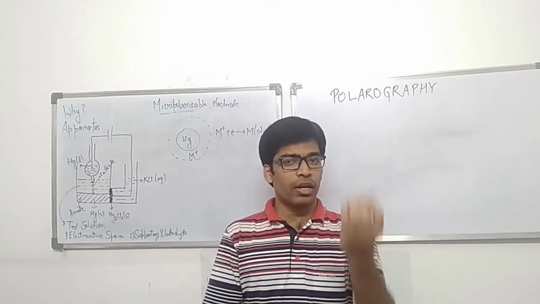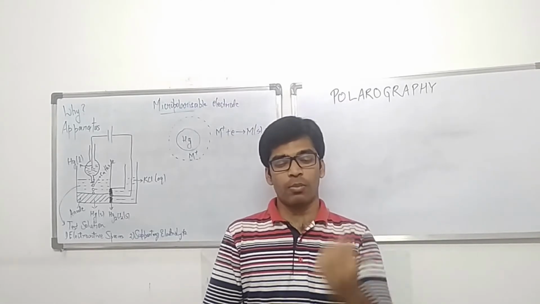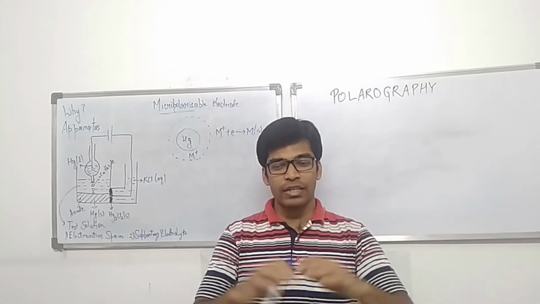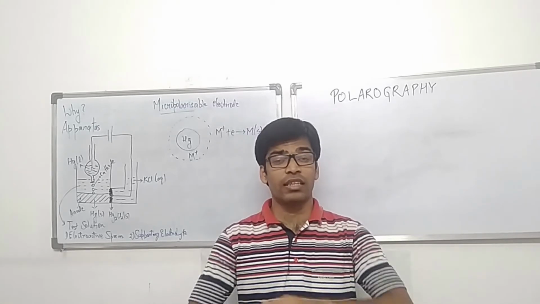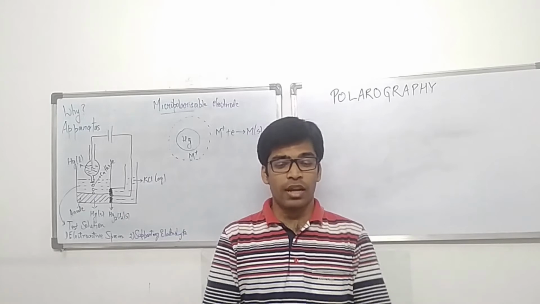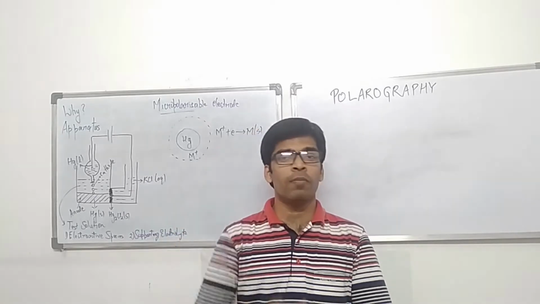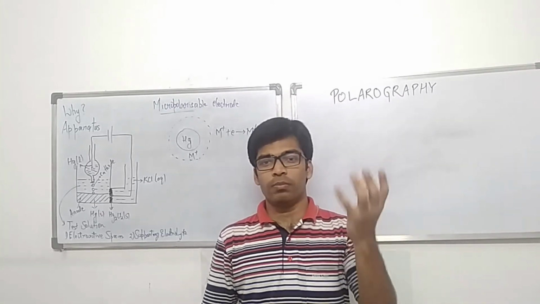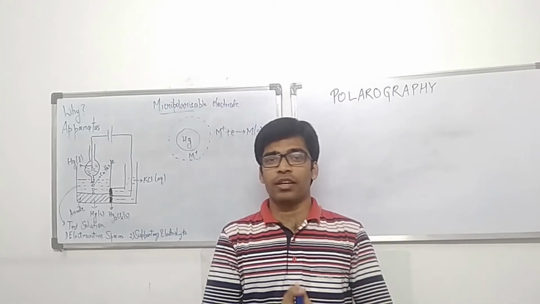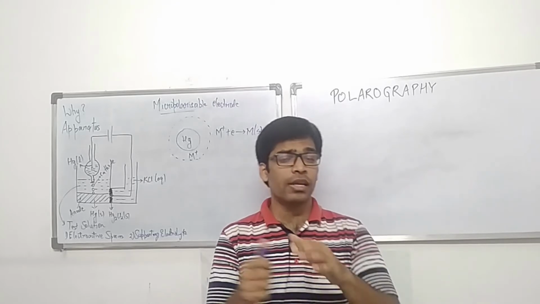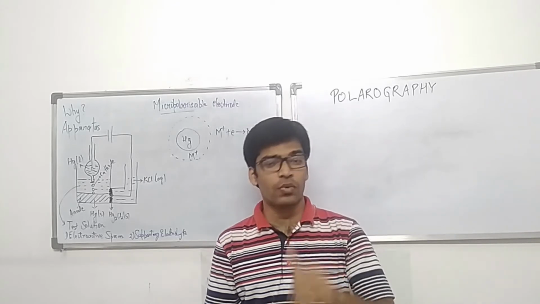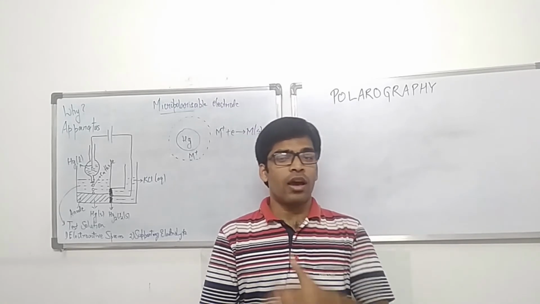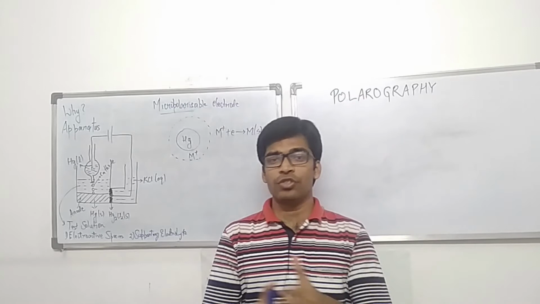As the liquid mercury drop reaches the bottom of the chamber or the bottom of the cylinder, it breaks down. The drop breaks down and gets distributed on the surface. As a result, the surface is now again available. Now that mercury can again be transferred to the round beaker which was actually dropping the mercury, it can be used again. So that means the renewability is also achieved. And this is why polarography came into effect and came into use over the previously conventional methods.